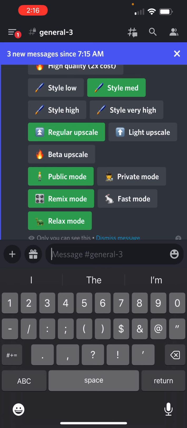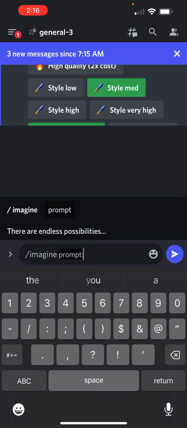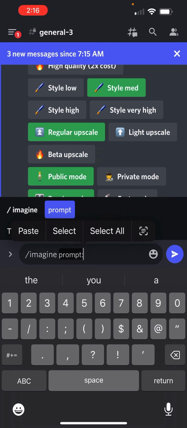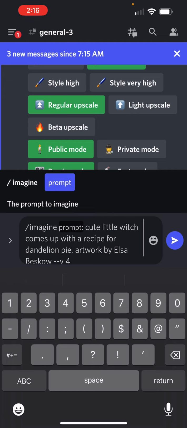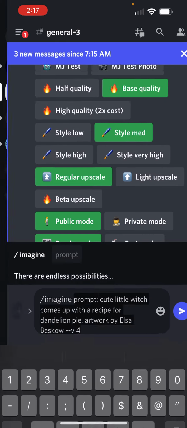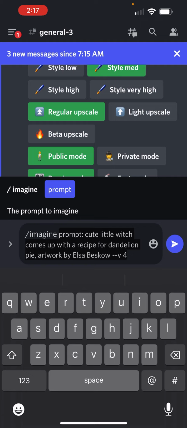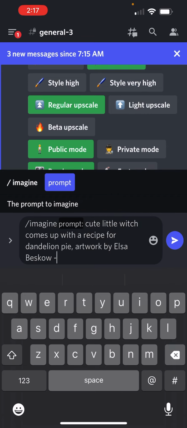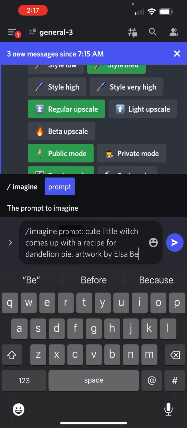So I'm going to take my prompt in here, and I'm going to go ahead and make the prompt imagine first. Then I just hit paste because I just got that piece. Now, the one thing I didn't like about Cute Little Witch comes up with a recipe for dandelion pie, artwork by Elsa, right? I'm going to say Cute Little Witch comes up with recipe pie, and I'm going to put in there instead, I'm going to take off the version 4 because that's already in there because I chose version 4 as my default. I'm going to say